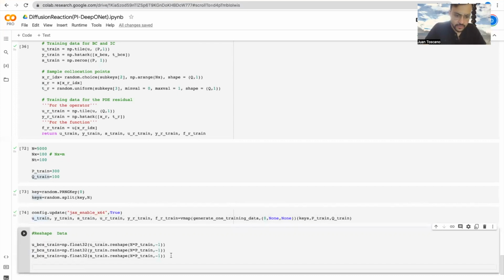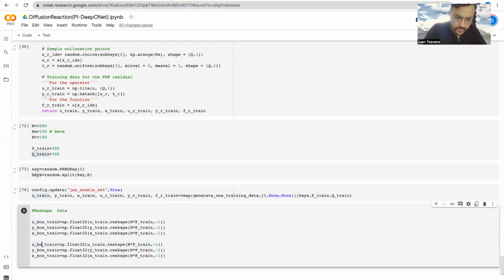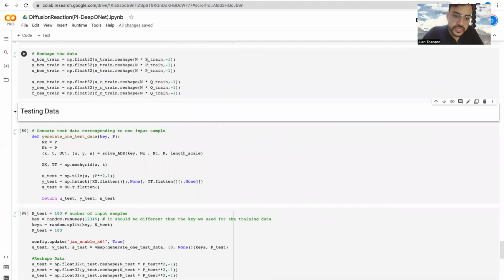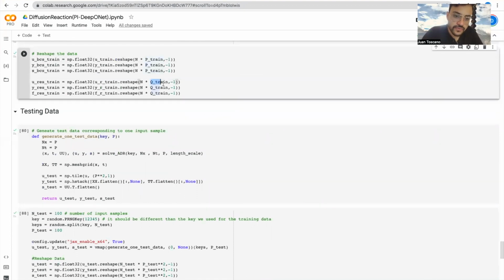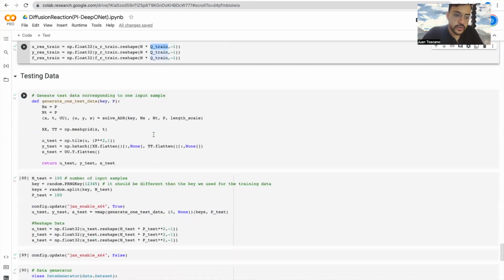And we will do the same for the residual that we will evaluate the PDE. So u_res equals u_r_train, y_res equals y_r_train, and f or u, you remember we needed u, f_res equals f_r_train. Okay, once we reshape the data for the boundary conditions and for the collocation points, we do pretty much the